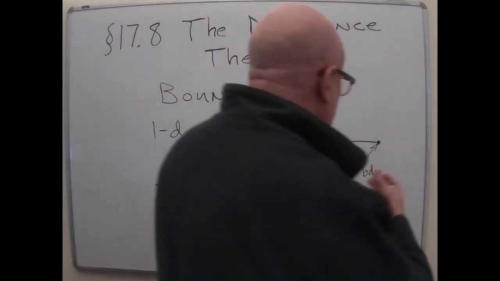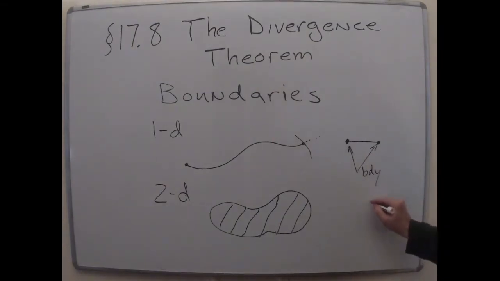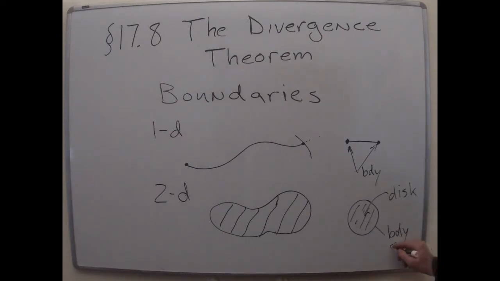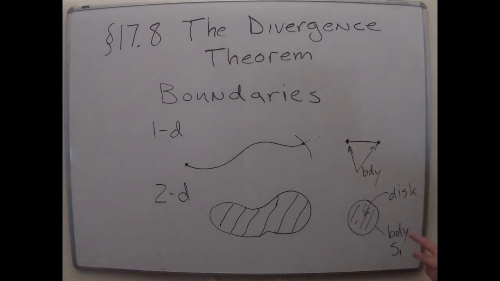Now, the cleaned up version of that picture in 2D is something like the unit circle, where the interior is called the disk, and the boundary, in topologist terms, is called S1. It's the first sphere there is. Actually, that's S0, the 0-dimensional sphere, because it's the boundary of something that's 1-dimensional.